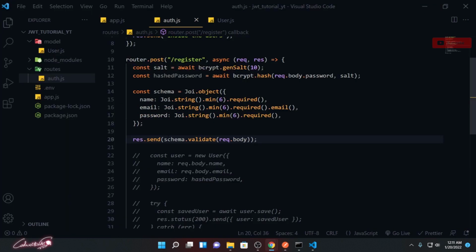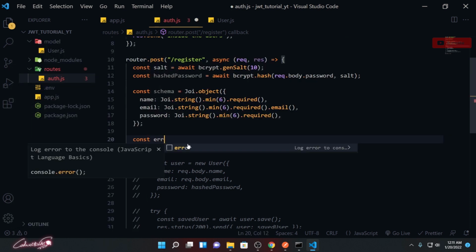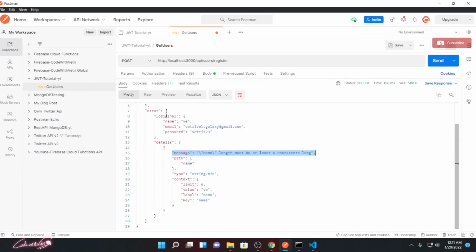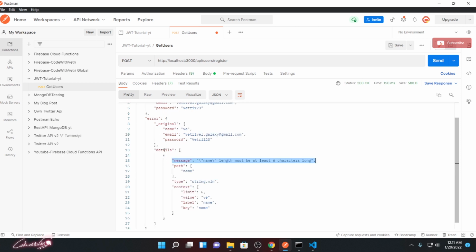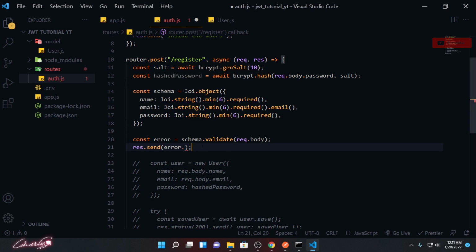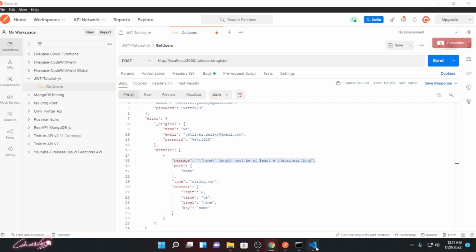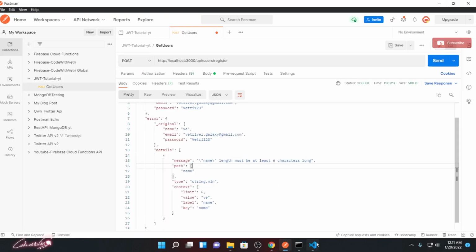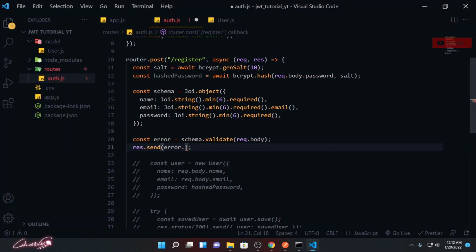So what I'm going to do is keep this as error: const error equals schema.validate, and here I'm going to pass that message only. error.details.